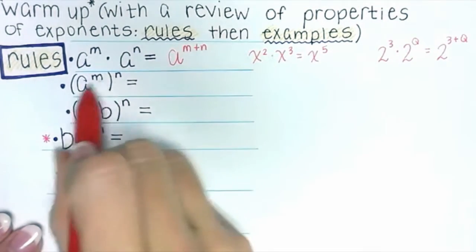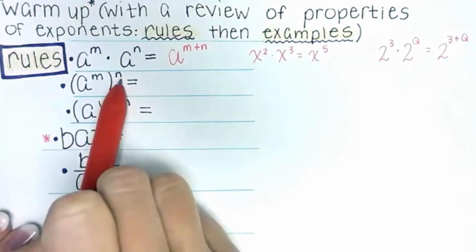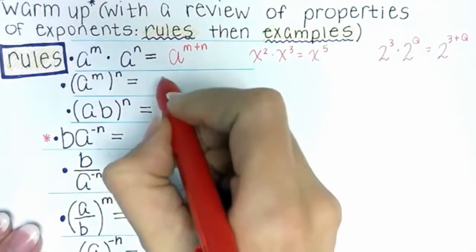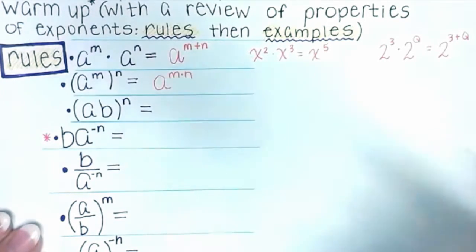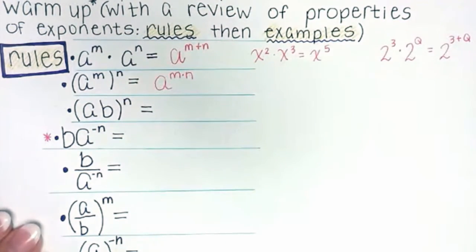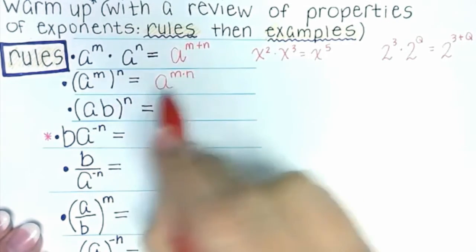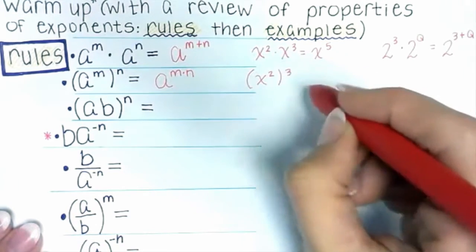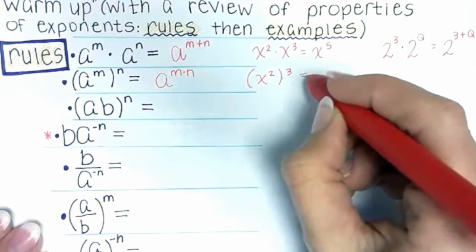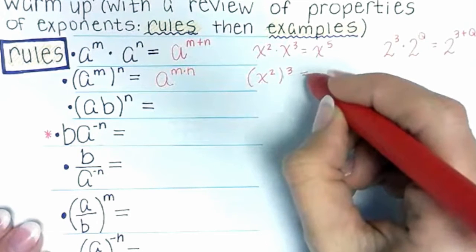A to the m raised to the n power. When you raise a base to a power to another power, you multiply your exponents. So that would equal a to the m times n. You may also see an example like x to the second raised to the third power. In that case, we would end up with x to the 2 times 3 power, which is x to the